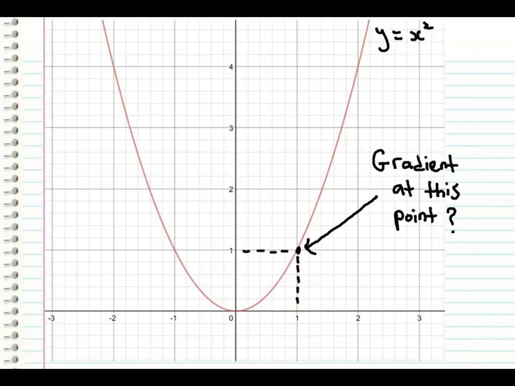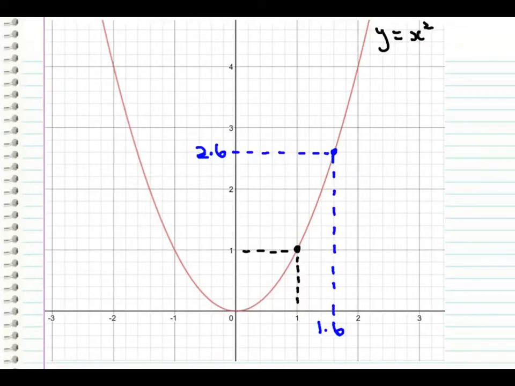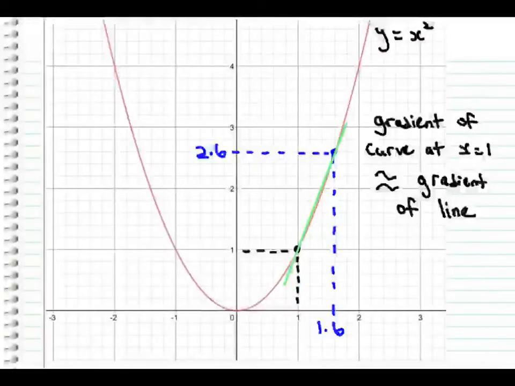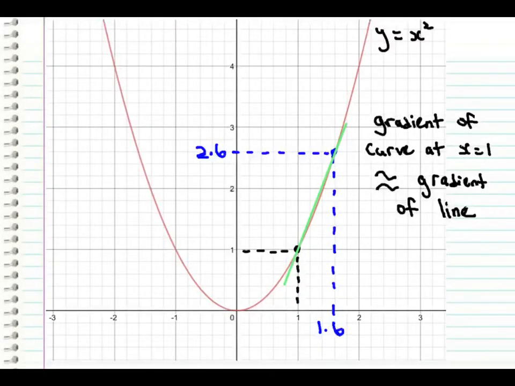There is a way. Let's use the same example of finding the gradient at the point x equals 1 on the curve y equals x squared. Instead of drawing a tangent line passing through the point x equals 1, I choose another point on the curve, such as the following. Next, we draw a straight line passing through the 2 points. We hope that the gradient of this line is almost equal to the actual gradient of the curve at x